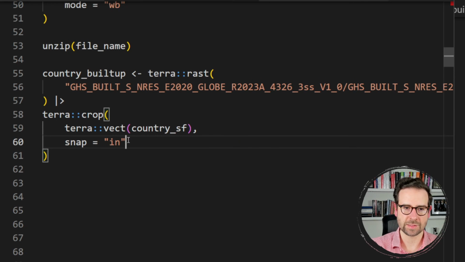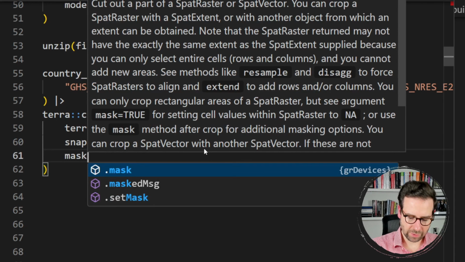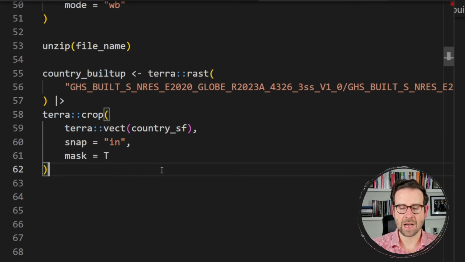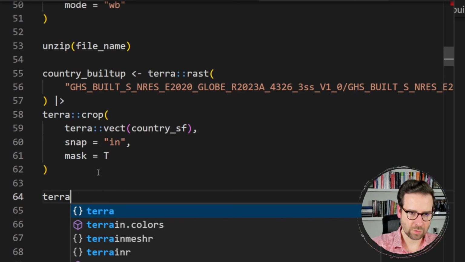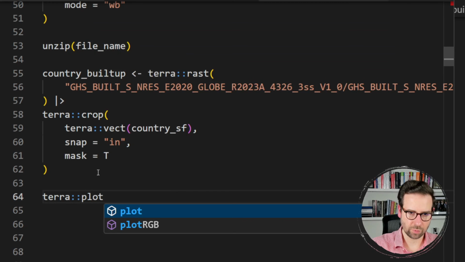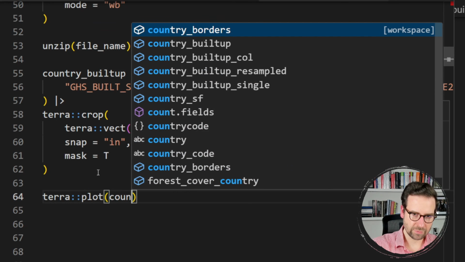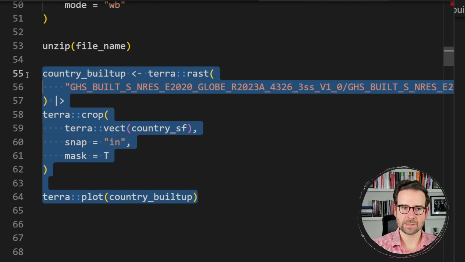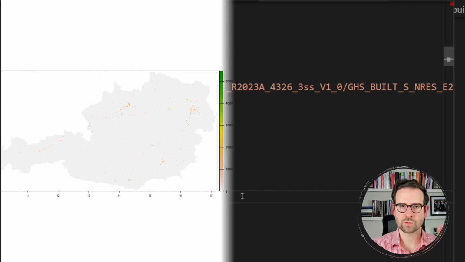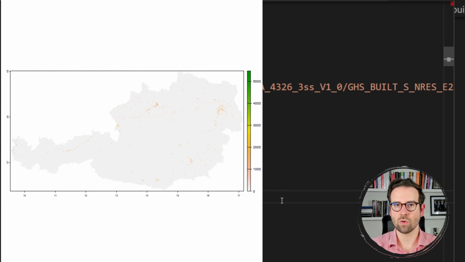So that's why I'm putting this next argument. And the final argument is to declare everything outside the national boundaries as missing values, that is, excluded. All right, now that we have this, we can plot and see whether we really got the raster file for Austria. And we can use, again, Terra and this time plot for this purpose. And we simply pass here this country built-up that we created. And once you run this whole chunk, you should be able to see the country built-up raster only for